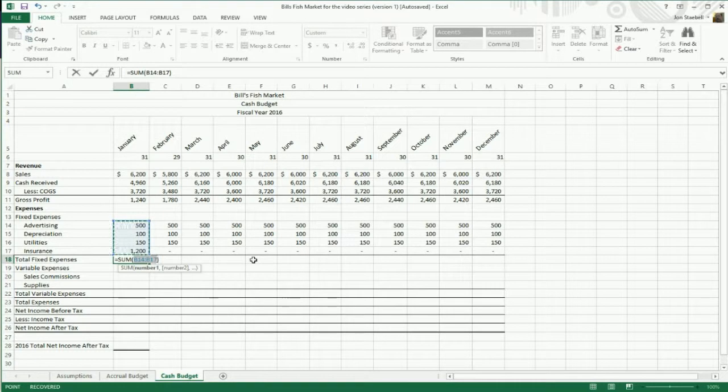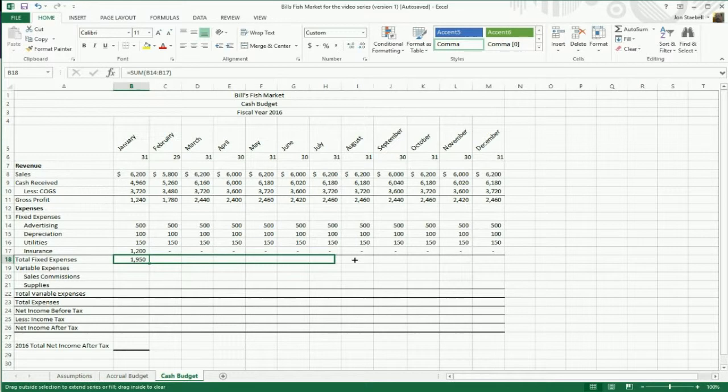That's exactly what we want the calculation for total fixed to be. We're going to leave the cell references to be relative addressing because we wanted to update every column and go there. Boom. Now we've got a cash fixed expense for January of $1,950,